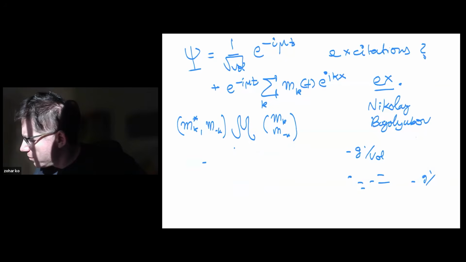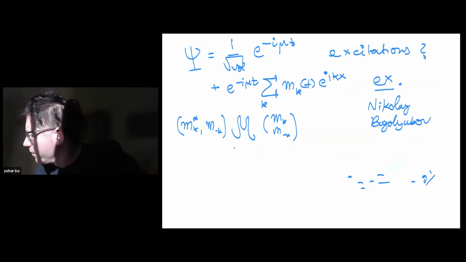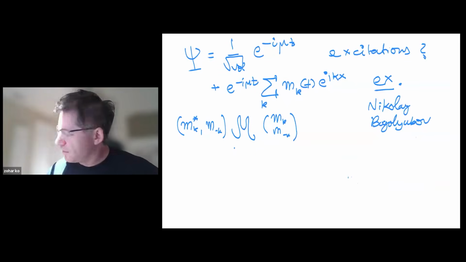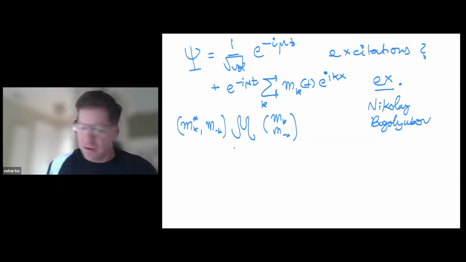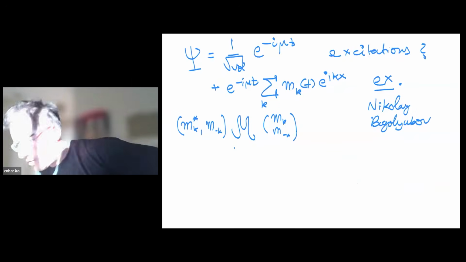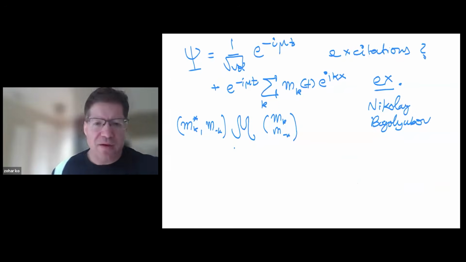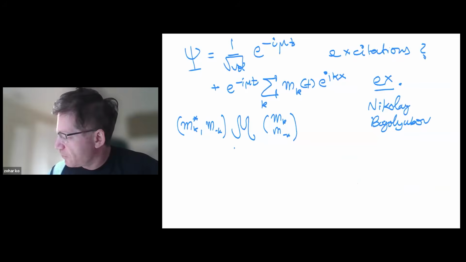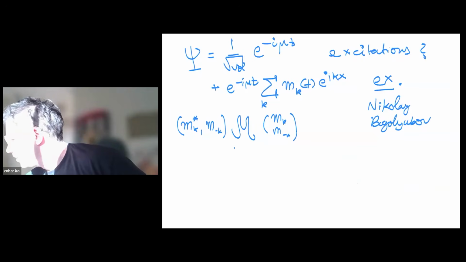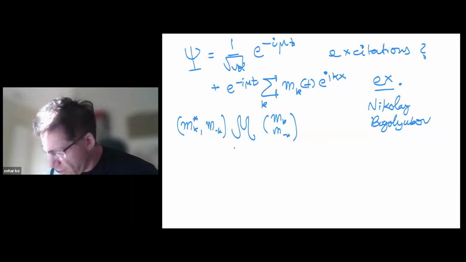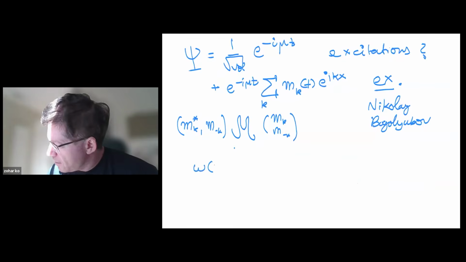We just write the action for these waves, and then we found the equations of motion for the waves, and then we can find the time dependence of the waves. So the time dependence of the waves leads to the following frequencies. By frequencies, what do I mean? I mean that the time dependence of these waves is some exponentials, and the frequencies of these exponentials are the following. These are the eigenfrequencies of the system.